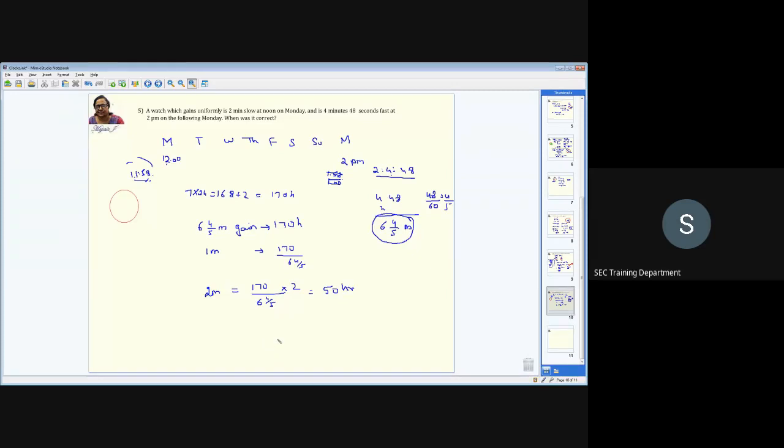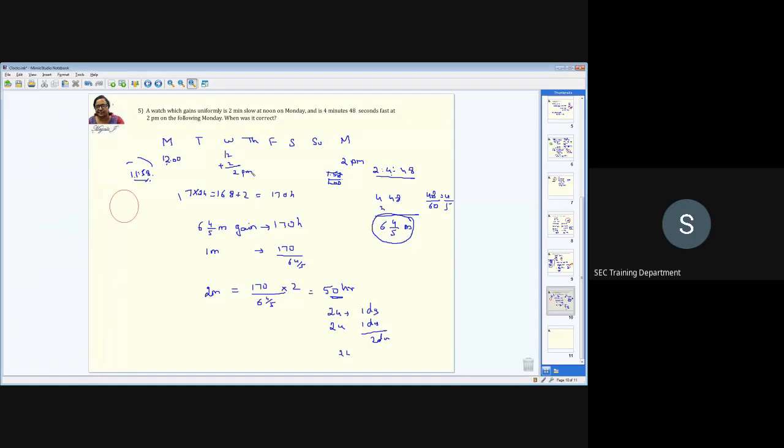So that means after 50 hours, it's going to be 0. That lagging will become leading now. The 2 minutes lagging was here, and that will become leading now. So that is what you're going to see. When is that timing? So 50 hours means 24 hours is 1 day, and one more 24 hours is another day. So there's going to be 2 days. And after that, you're going to add 2 more hours because of the 50. Exactly 2 days means Tuesday, Wednesday, 12 o'clock will be exactly 48 hours. But we have to add 2 more hours. So it's going to be 2 p.m.